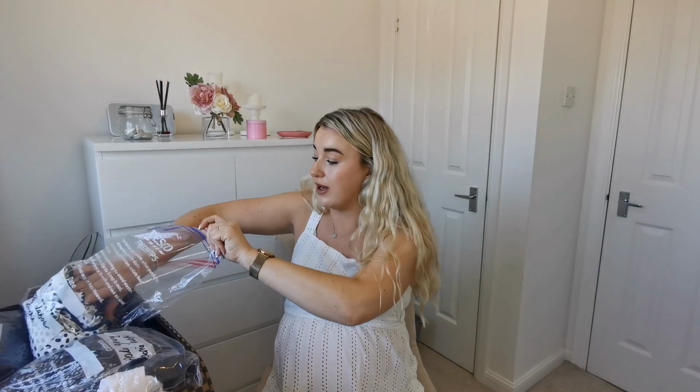So the first thing that I have put on top of the clothing section is this bag, which is Holly's labour outfit. This has just got everything in here that I think I will need when I'm in my room and I'm then ready to labour and deliver baby. This is what I will get changed into when we get there. So all I've got in here